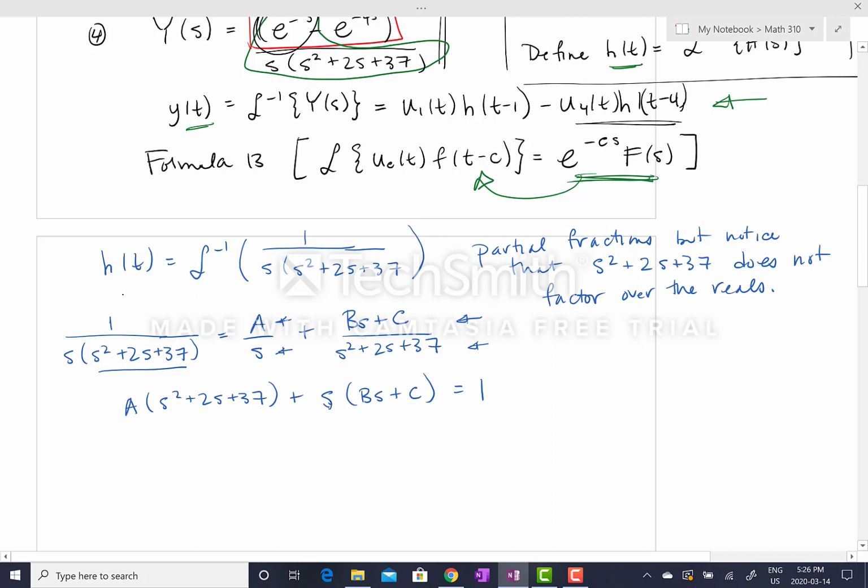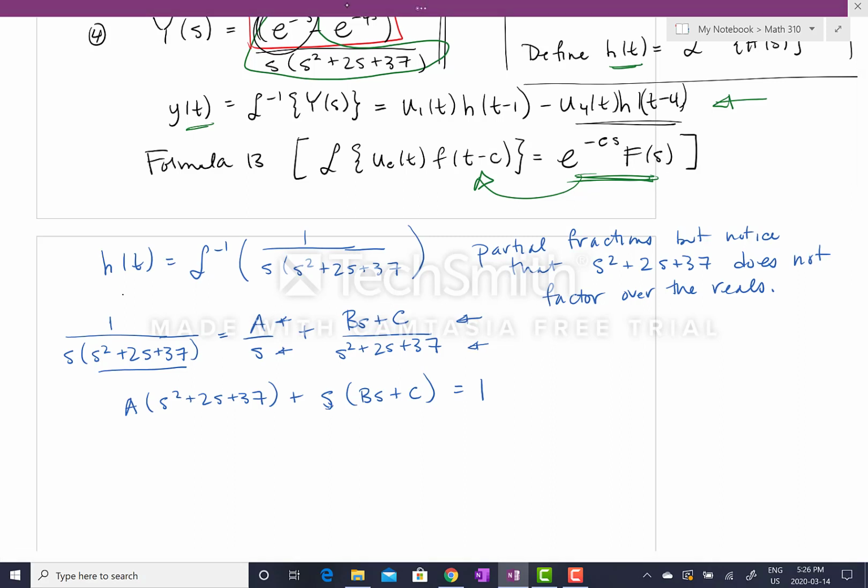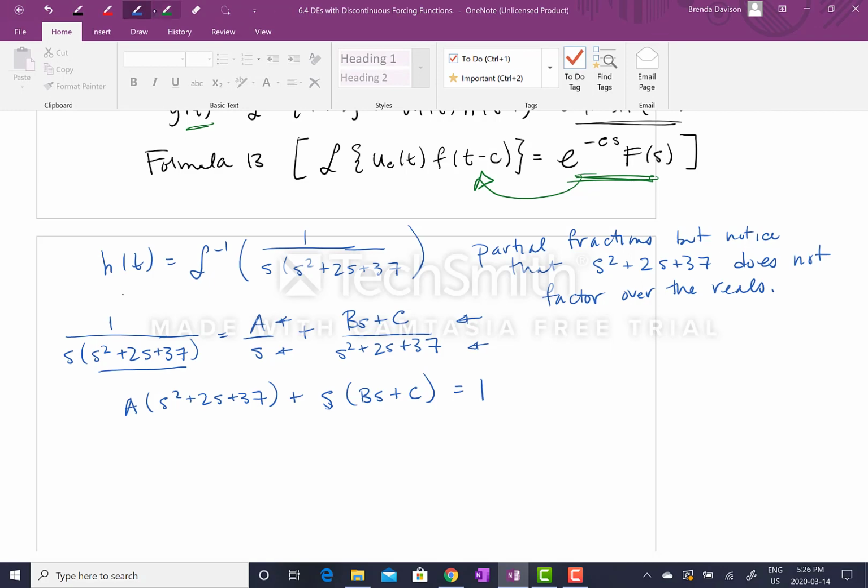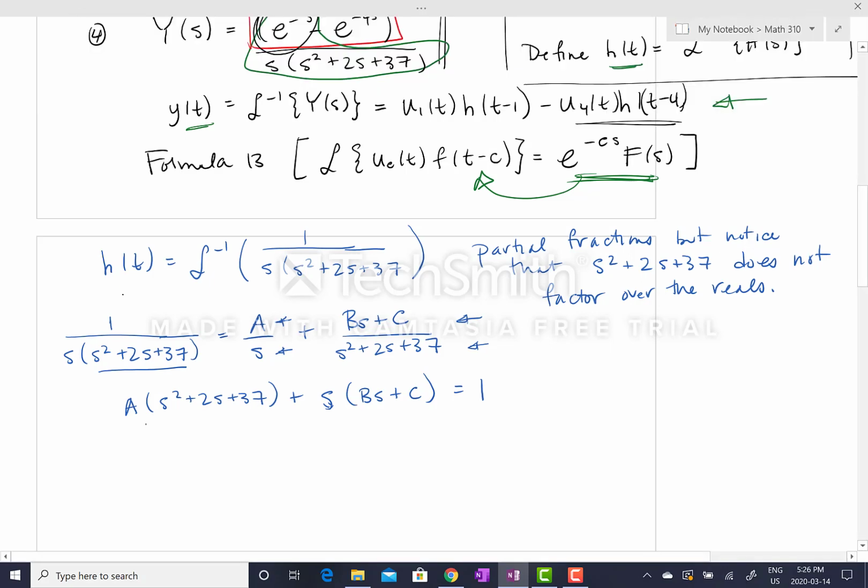That's how I do that. And then I can observe which terms are s squared terms. So I'm matching these coefficients. Those are the two terms that have an s squared in them, and there's no s squared term over here. Therefore, A plus B